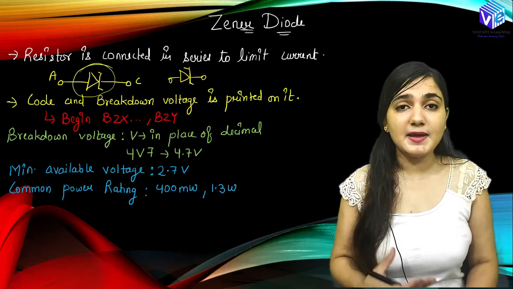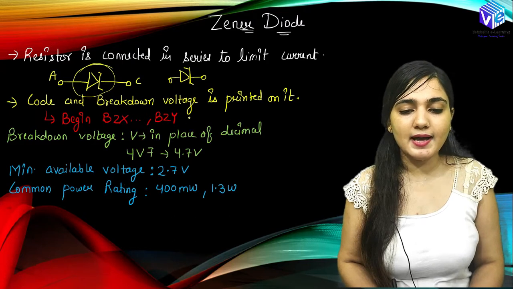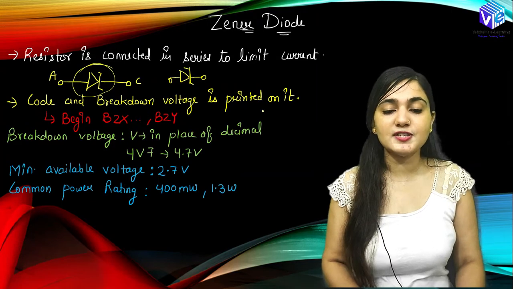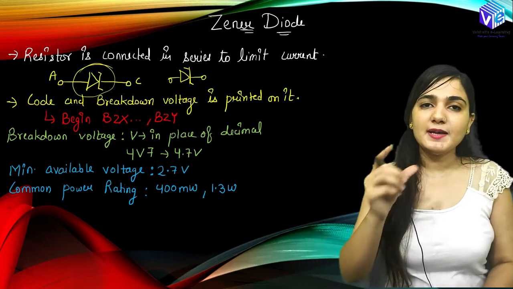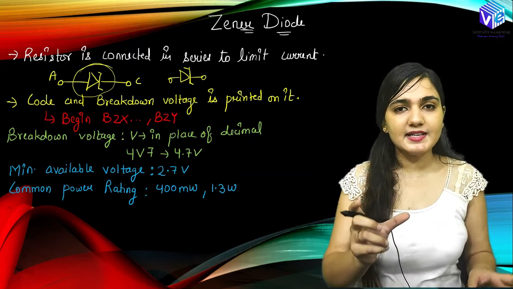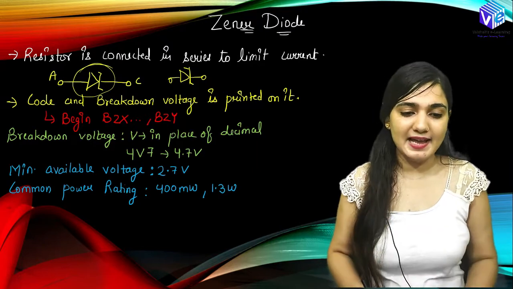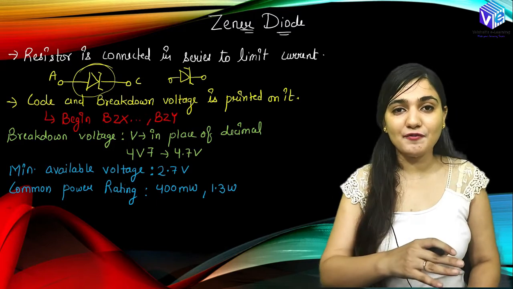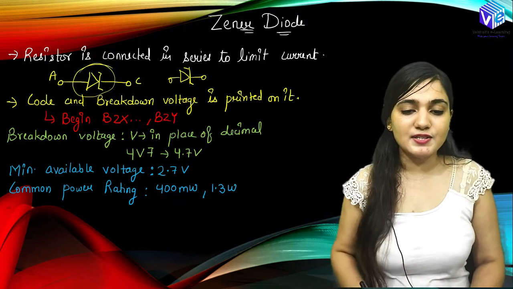How are we designing and making the codes? So codes begin with BZX, BZY, right? And this code and the reference voltage or the breakdown voltage is printed on it. So if the voltage that is printed is 5 volt, it will be giving me the voltage regulation of 5 volt. If I use this in the reverse bias condition, I will be getting the 5 volt. So don't forget to use it in the reverse bias condition. You have to use it in the reverse bias condition, or if you try to use it in the forward bias condition, you will be getting more voltage and you are going to damage the device which is connected to it, right?